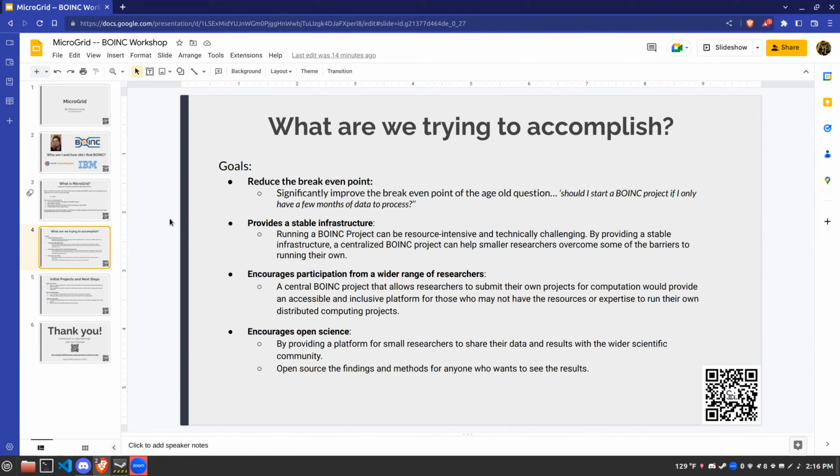But it's being able to create a community around this that says we have a couple of people of every different category. So what are you missing? What do you need help with? And then obviously encourage participation from a wider range of researchers. Again, I've said it a few times already, it's really hard for researchers to submit their projects if they don't have massive computational need, but they have low budget.